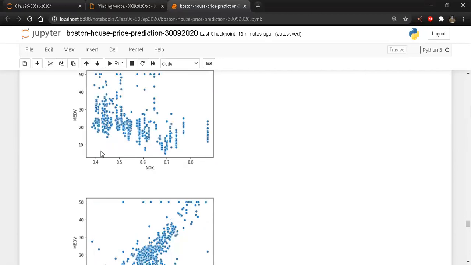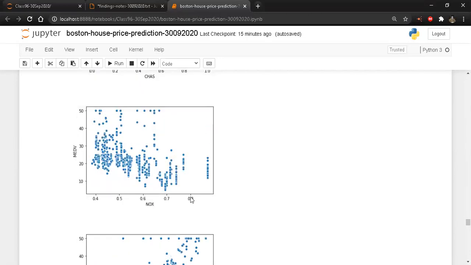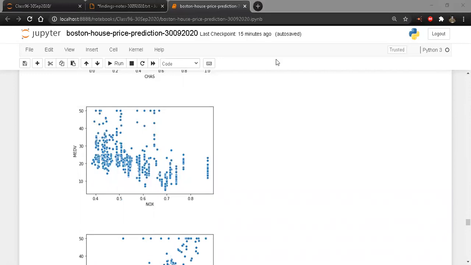Then I have this. Okay, NOX. Yes, there is some kind of a linear relationship. There are a lot of outliers, but barring the outliers, I can draw this line. Because there are outliers, it will be dragged a little bit, so it will look something like this. If I'm able to remove the outliers from NOX, then there is a probability this line will improve. But there is somewhat linear relationship between NOX and MEDV.